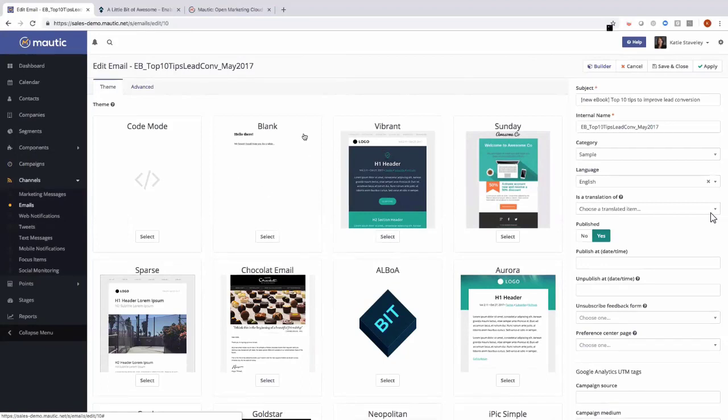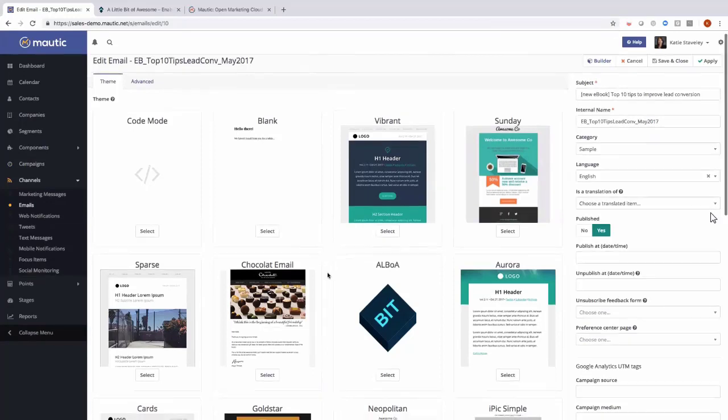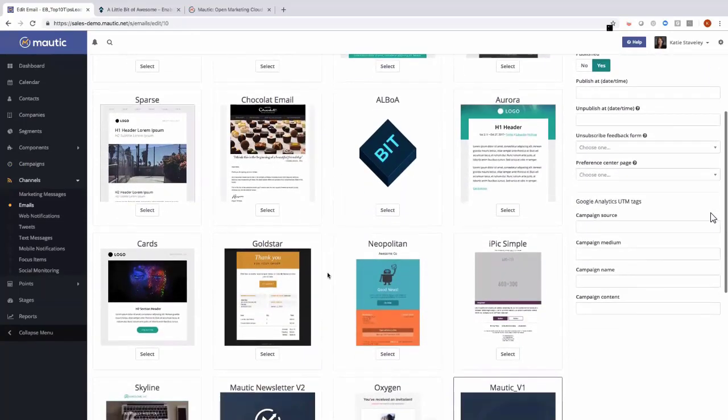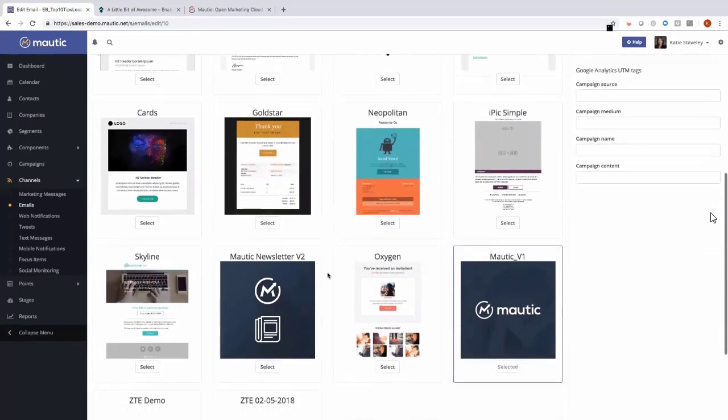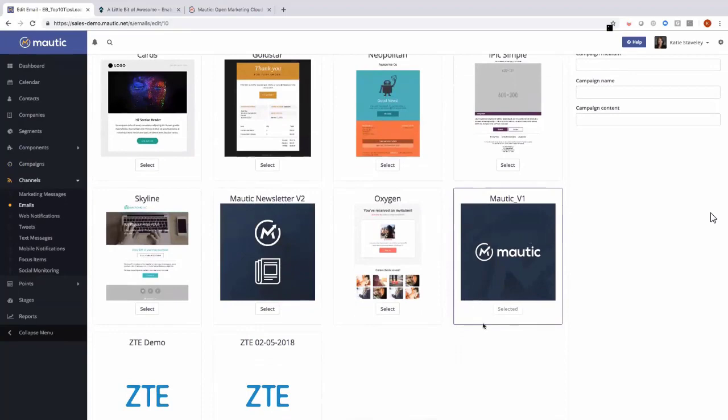You also have the ability to create an email from a blank template. So if you wanted to just use the drag and drop functionality of Mautic, you can build your template or your email that way. You can use what's called code mode, in that you just copy and paste HTML into the code mode and send your email from there. By and large, though, what customers will do is they'll create their own custom theme. And so within the custom theme, and I'm going to show you this one, which is one we use for our marketing materials,